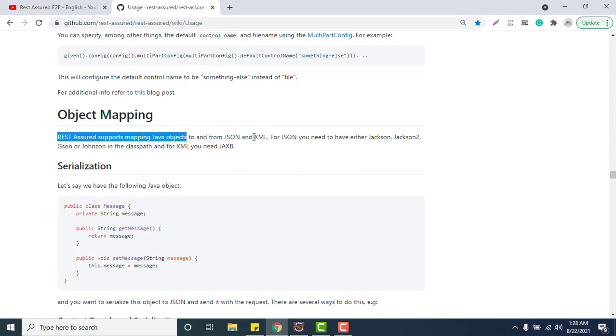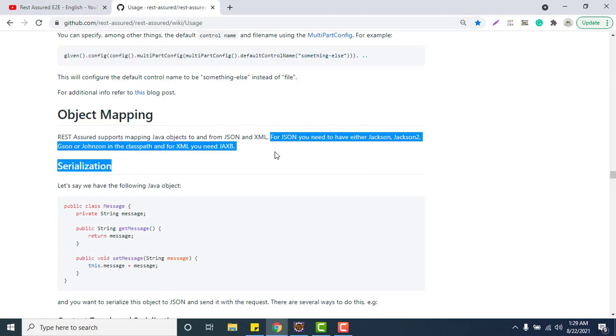In later videos I will show you the concept of serialization and deserialization, but as of now just understand converting or mapping a Java object to a JSON or XML object, or from a JSON or XML object to a Java object.